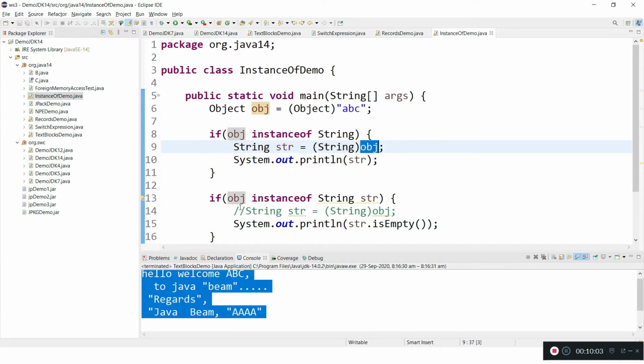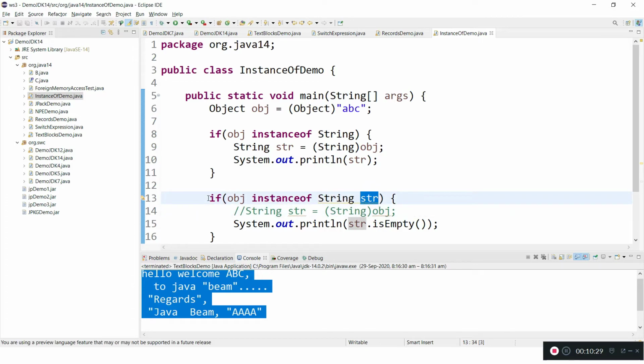So in Java 14, Java came up with a new approach, pattern matching for the instanceof operator, where after pattern matching, Java now knows that this instance is of type string, so the object will be converted to string and stored in the string reference, whatever reference you give here.